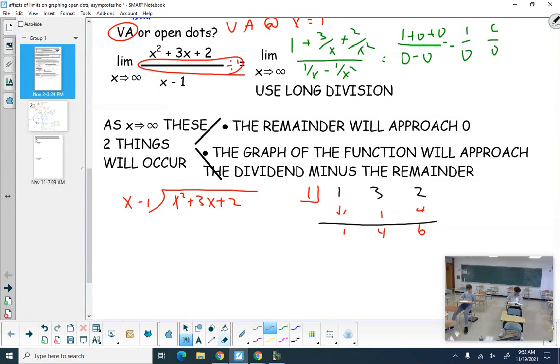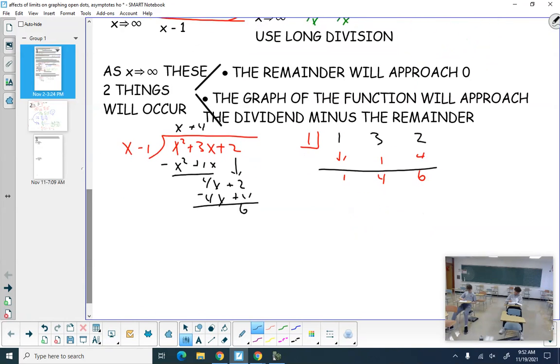Or if you use your long division, we'd have x squared minus 1. We have to subtract, change our signs. So we have 4x plus the value of 4, 4x, drop our 2 down, minus 4, change our sign, so we have a 6 there. This is our remainder. What we have transformed our equation into is the limit as x approaches infinity